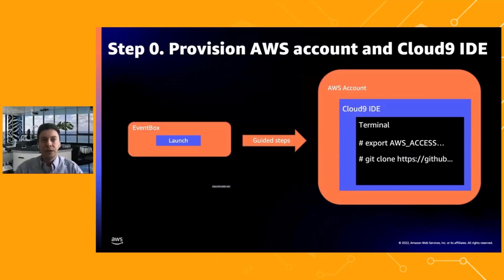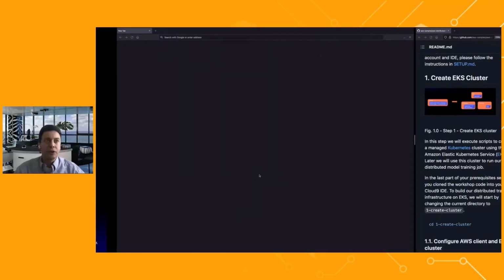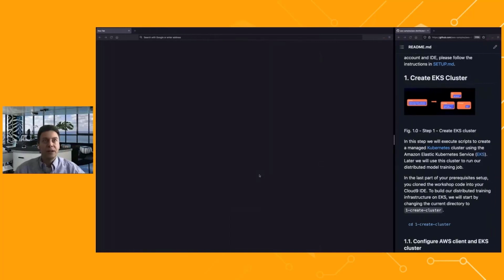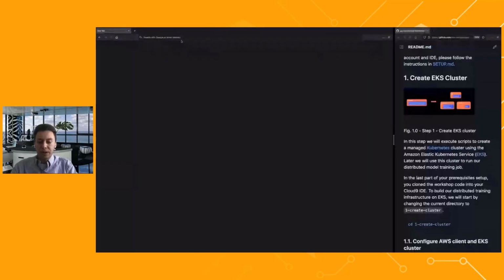First, let's log on to the AWS console and set up our IDE. I will be switching screens between this presentation, which describes our steps, and my demo screen here, as well as the open source repository full view. So to start off, I will go to the demo